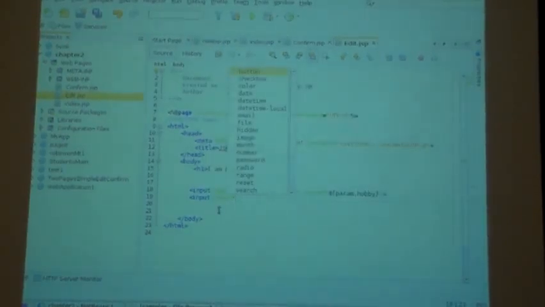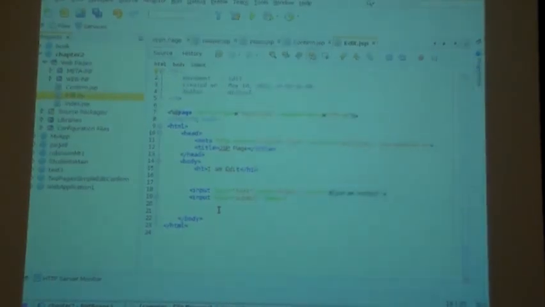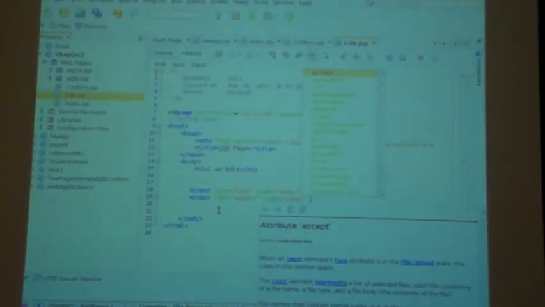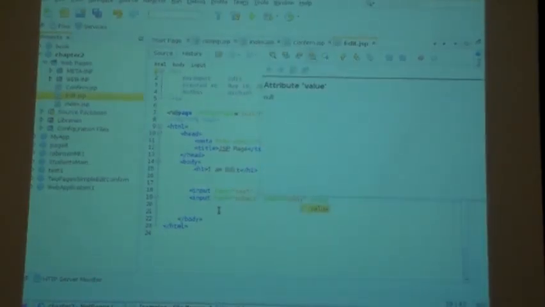Type equals submit. Submit. Name equals. That's the variable that we're dealing with, right? And then the last one is? Value, right? Okay, so the value,